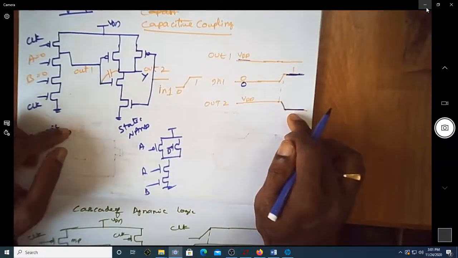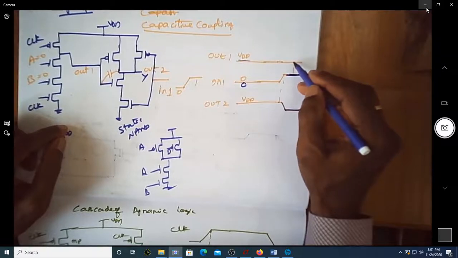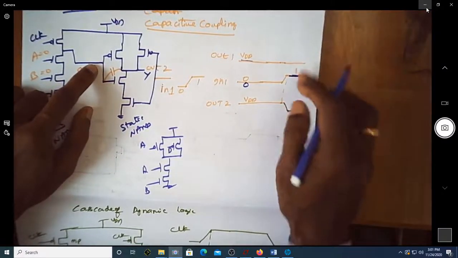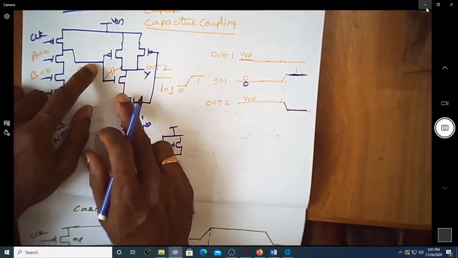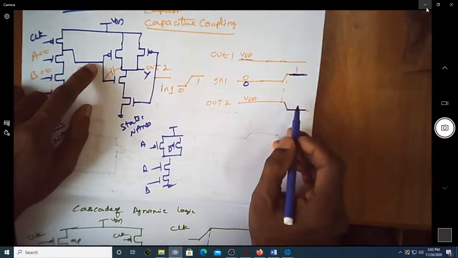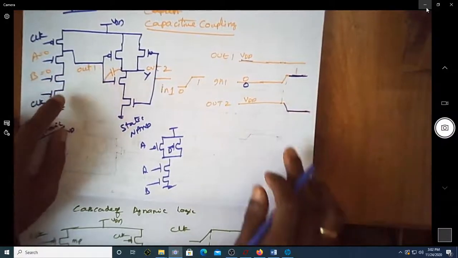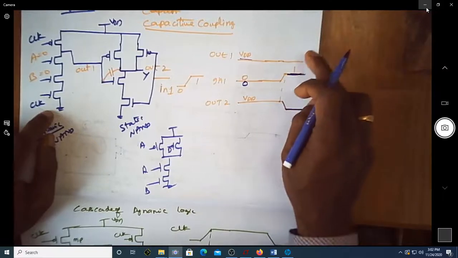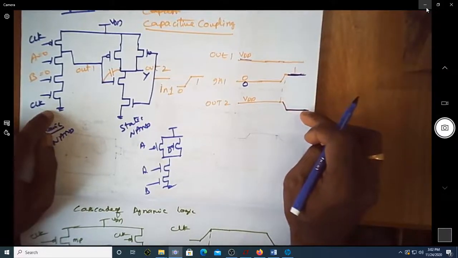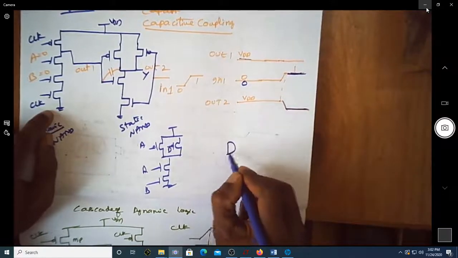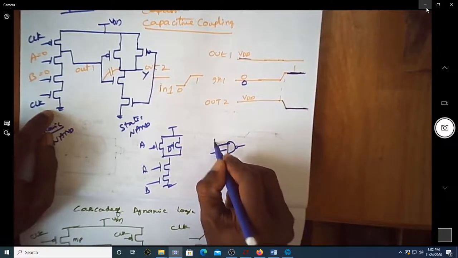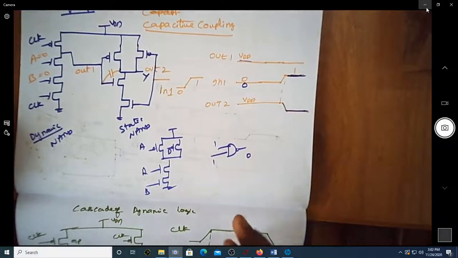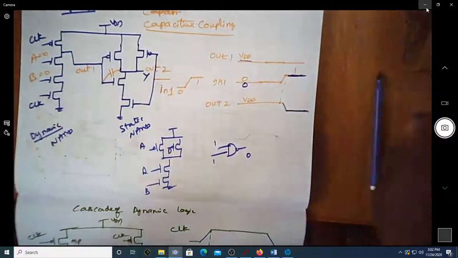So once it goes down, what is this output? This is actually 1 here. So when this is 1, what should happen to your final output? The final output should remain at 0. This is 1, this is also 1, output should remain at 0, because for a NAND gate, if it is 1 and 1, you are supposed to get 0. So this is what is expected. Let us see what happens with these capacitive coupling issues.